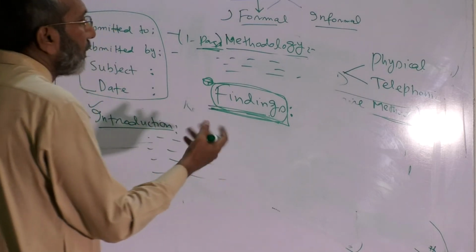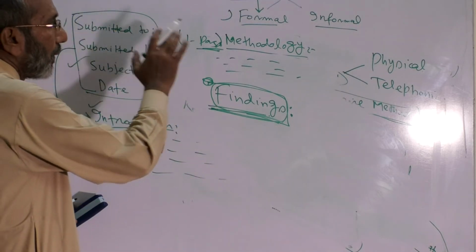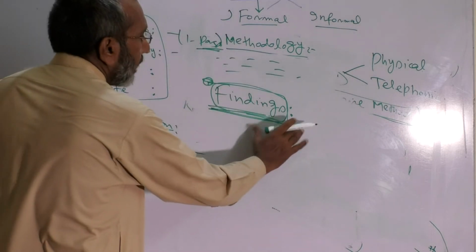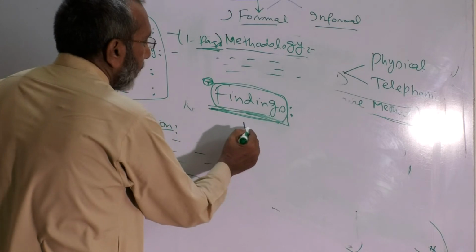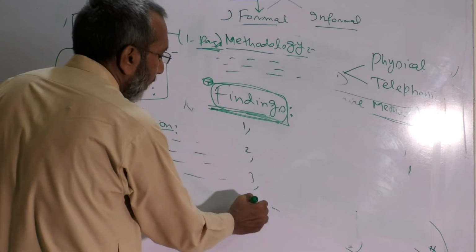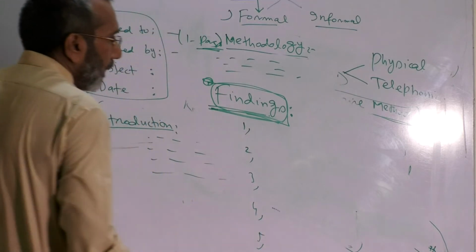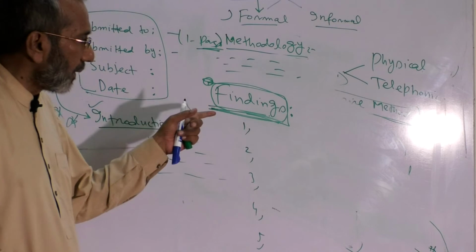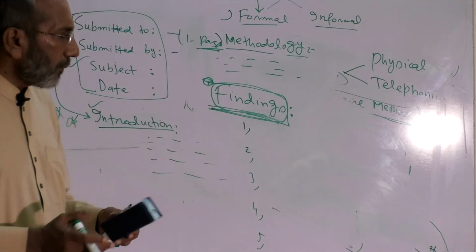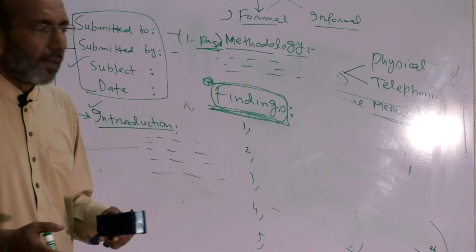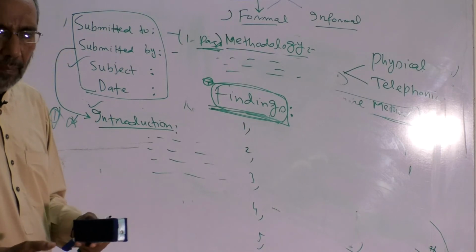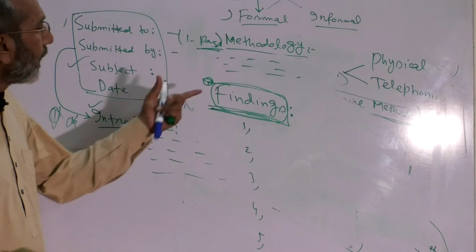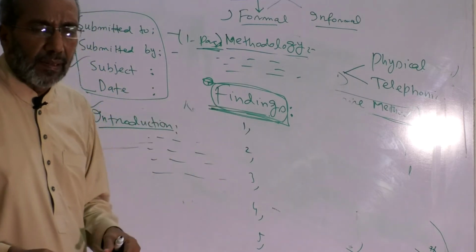Findings can be written in different forms, but in a short formal report, we usually write "Findings:" and then make sort of 1, 2, 3, 4, 5 headings. That way it becomes a bit easier to understand what the story is. Suppose you want to collect some report about declining enrollment, so you ask why the number of students in the university is decreasing. In findings you can make sort of 4 or 5 headings.